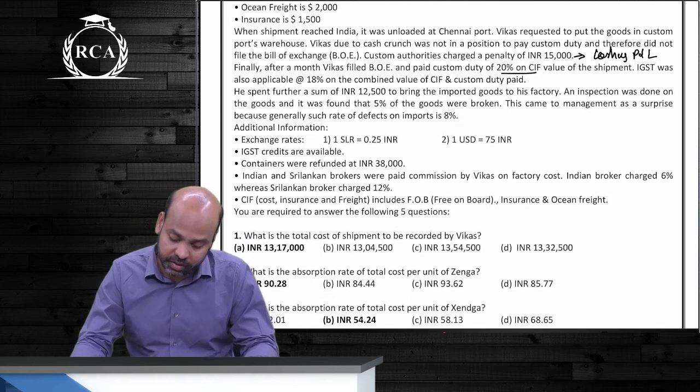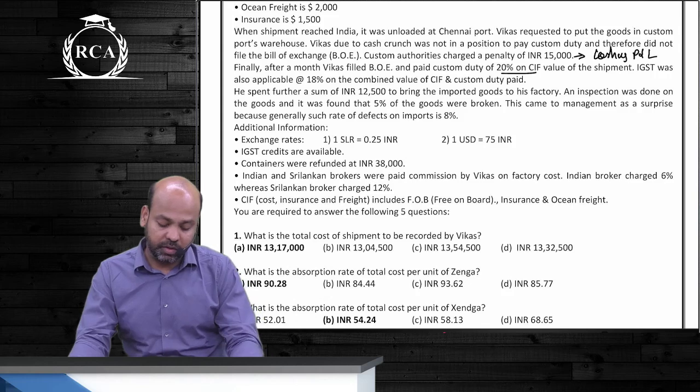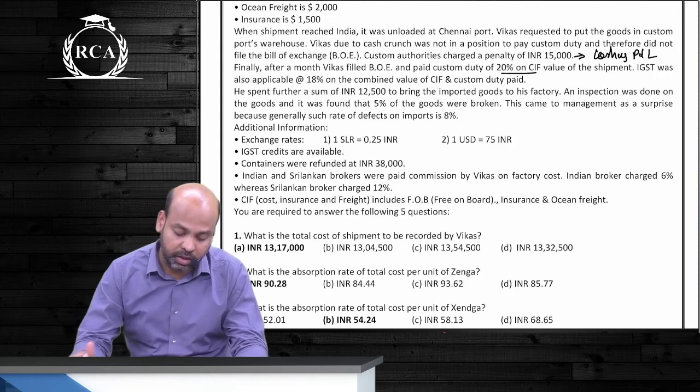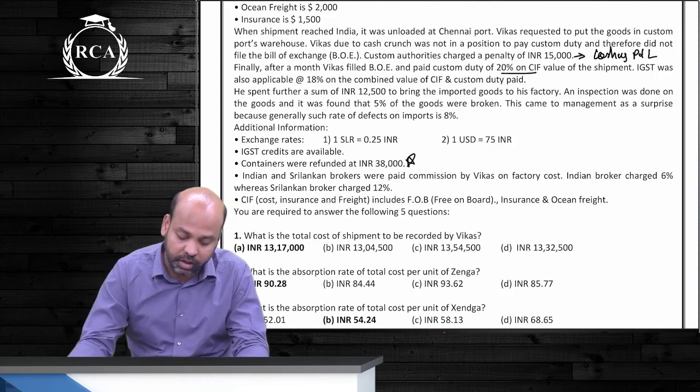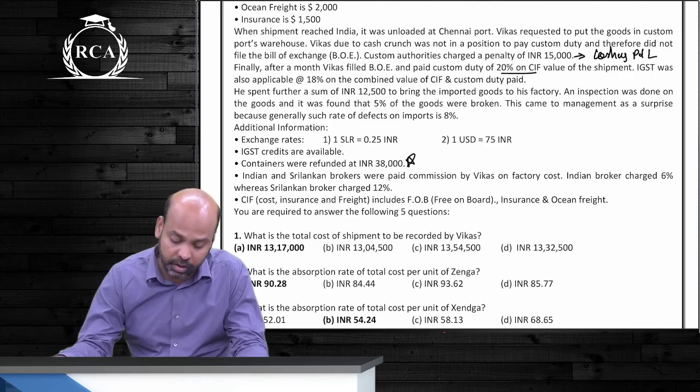Additional information is given. The exchange rates are as follows. One SLR beta is equal to 0.25 INR and one USD is equal to 75 INR. IGST credits are available. Containers were refunded at INR 38,000. Another important point: are the containers refundable? Yes or no, guys? Because the containers are refundable as such, they should not be included in the computation